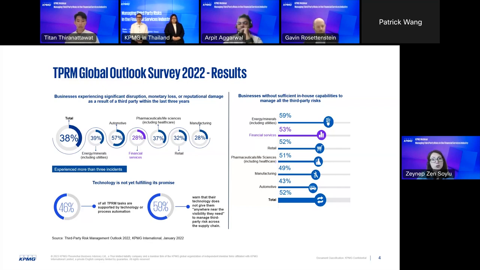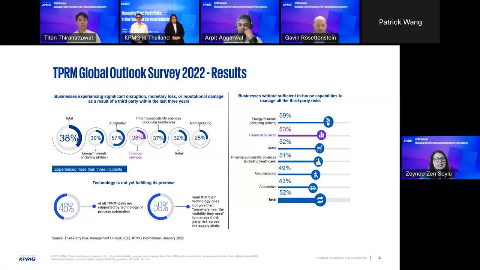Organizations are keen to use more automation and technology solutions going forward. And in the next 3 years, roughly 60% of the organizations mentioned they want to implement more tools around managing their third-party risk management effectively. I'll just take a pause in here. I throw a lot of numbers, but I'm just going to take a step back and take you through the major challenges and the risks we're seeing across TPRM.